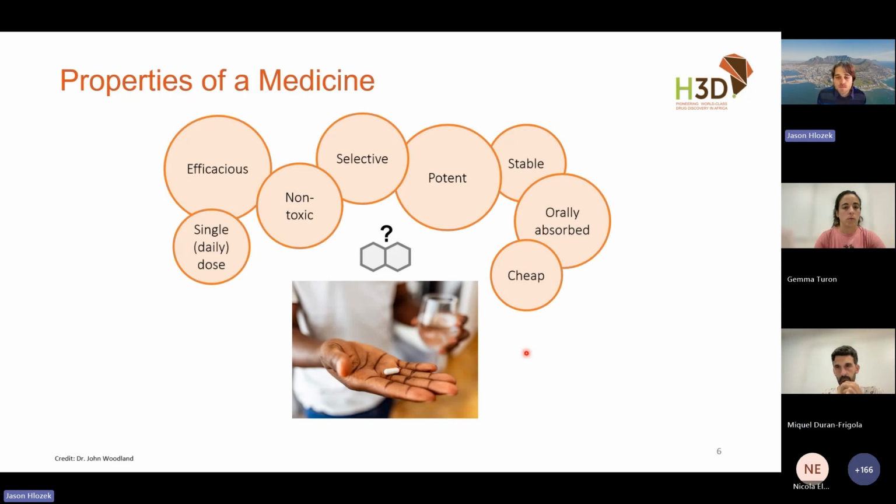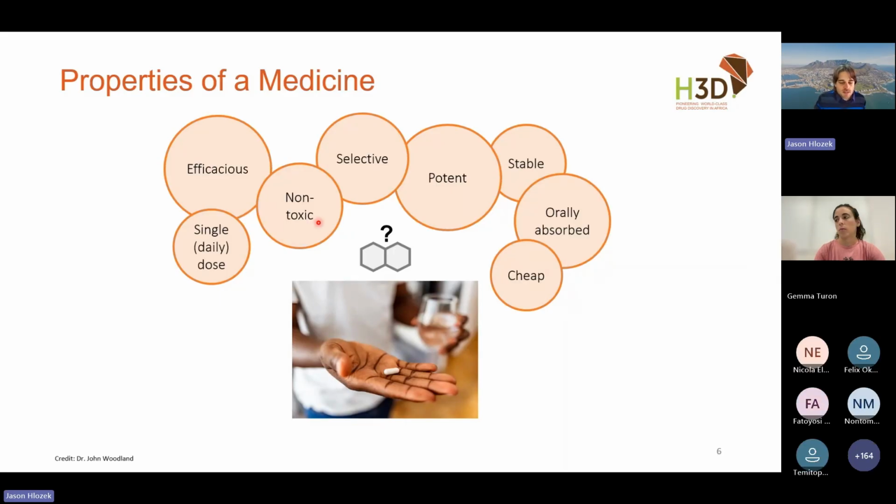Obviously, we want it to be effective, so it needs to go in and kill the bug. If you're targeting a pathogen, it needs to treat that bug, kill it so that you make the patient healthy, or inhibit a certain protein that's dysfunctional, etc. And that's only half the battle, where really a lot of drugs fail for various toxicity reasons. So you don't just want to kill everything, right? You want to be selective. You want to only target your pathogen of interest or your protein of interest and not hit other off targets, which might start to cause toxic events.